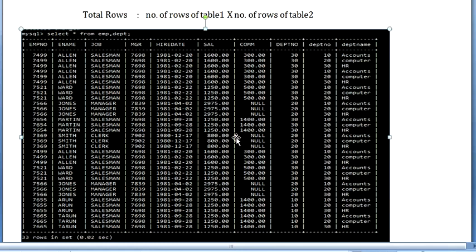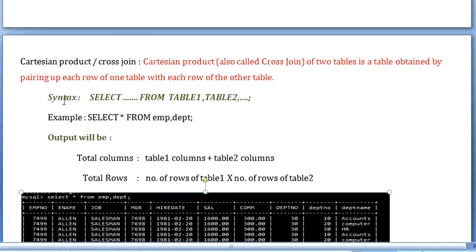Now, how do we write the query for this Cartesian product? All the joins, whatever joins you want to perform, are executed with the help of the select clause only. You have to remember this. All joins will be executed with the help of our select clause.